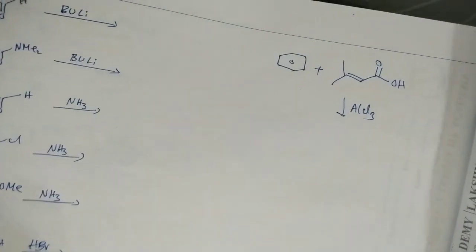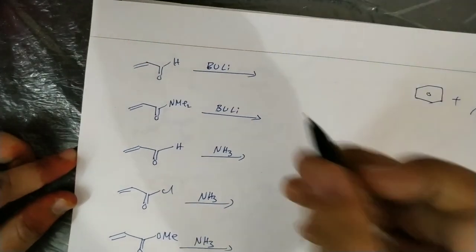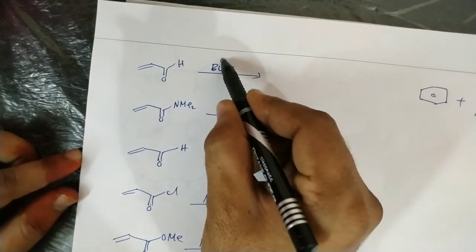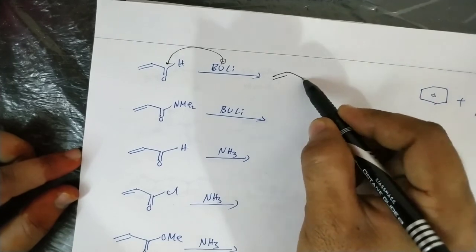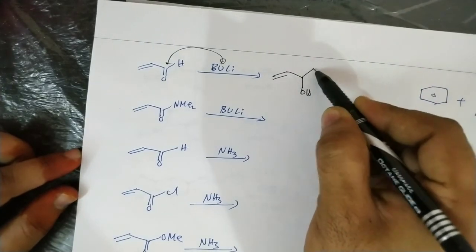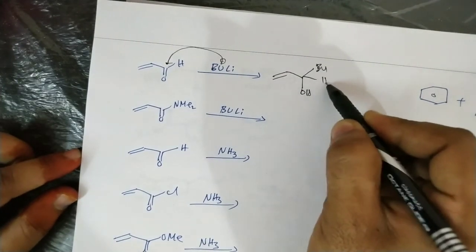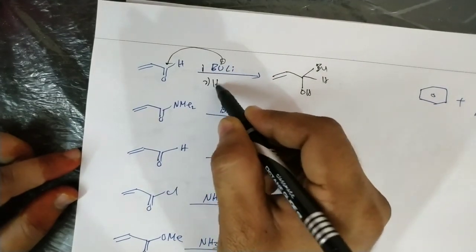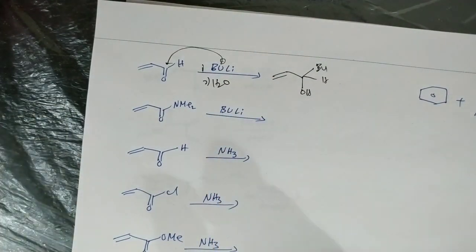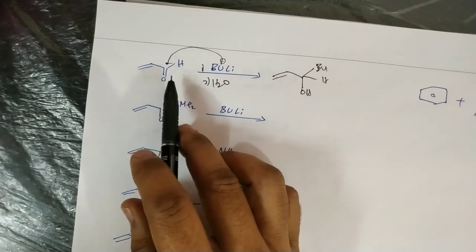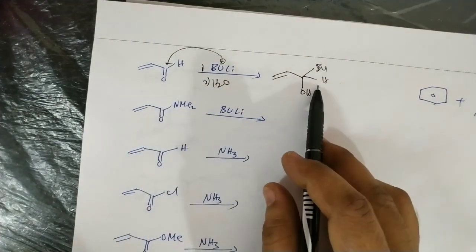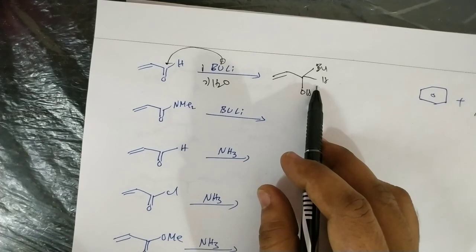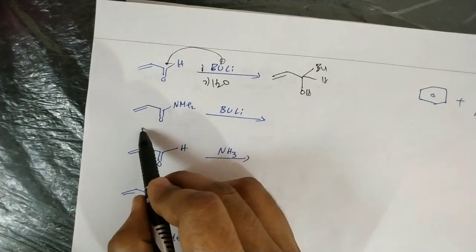Okay. So next, some more examples here. With butyl lithium, direct addition takes place. So we'll get the OH and Bu and hydrogen, followed by acid workup. That's it. So now here, this carbonyl compound on reaction with butyl lithium will give the alcohol with a 1,2 direct addition reaction. Now here this one on reaction with amide.